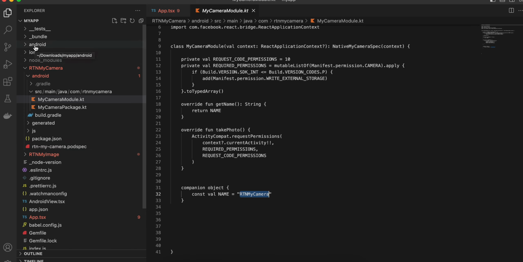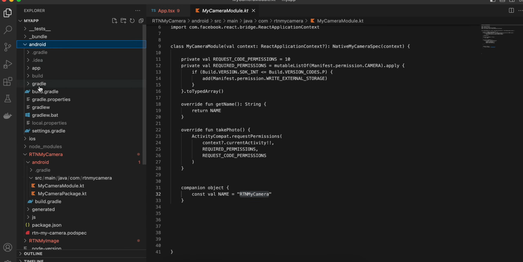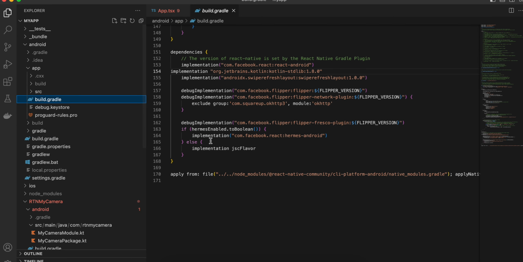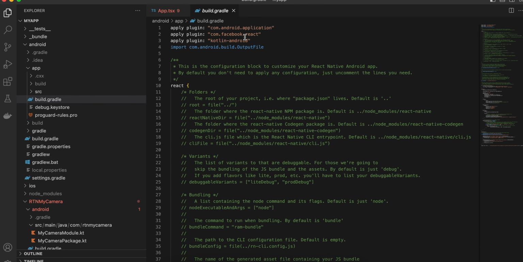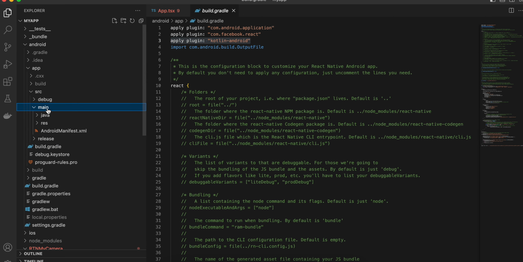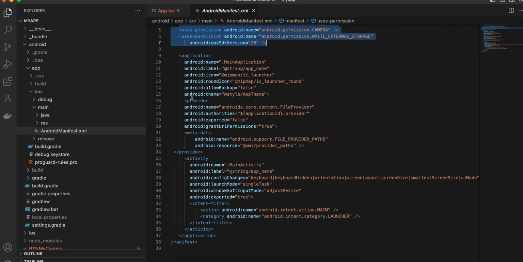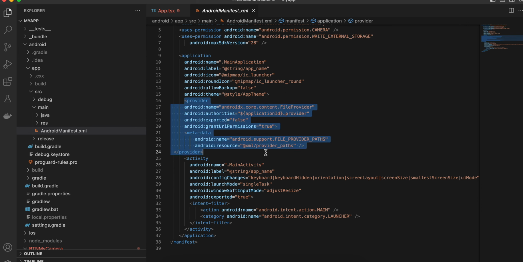So what you have to do is go to the main Android folder, go to build.gradle and add the Kotlin version over here as well as this classpath over here. Next go to app, build.gradle, and add this line of Kotlin standard lib, as well as apply plugin kotlin-android. Next go to src, go to main, go to AndroidManifest.xml, and add this permission of camera as well as write external storage, and you have to write this provider as well, because this is